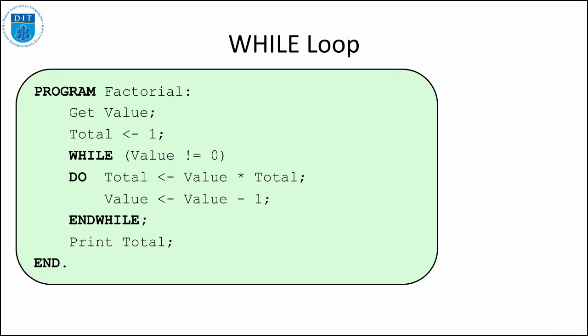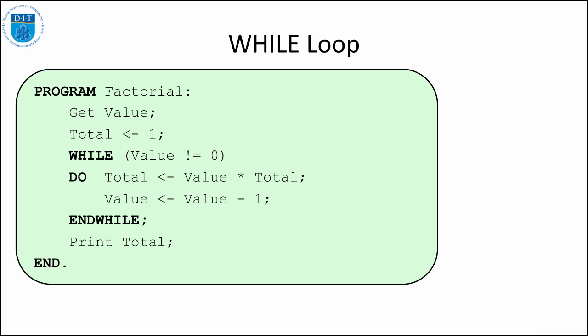Then we're in a while loop, and we're looping around until the value passed in is equal to 0. So we're going to keep taking 1 away from that value, keep taking it away each time we go around the loop, and when it gets to 0, we stop. So we don't want to multiply anything by 0, because then the answer will end up as 0. So what we do, each iteration of the loop, we say that total gets the value of value multiplied by